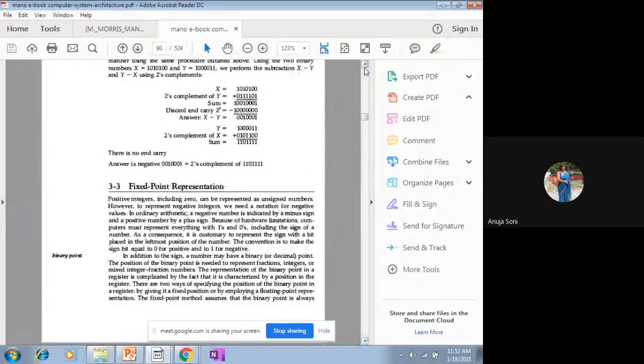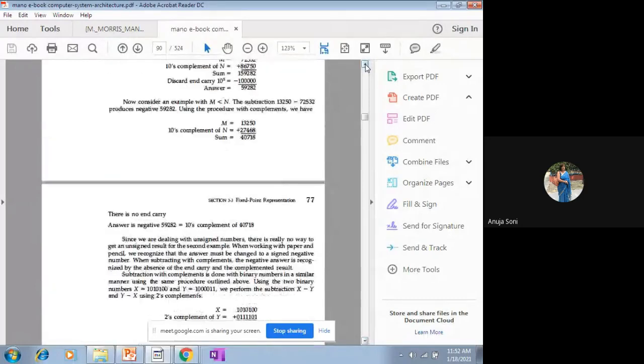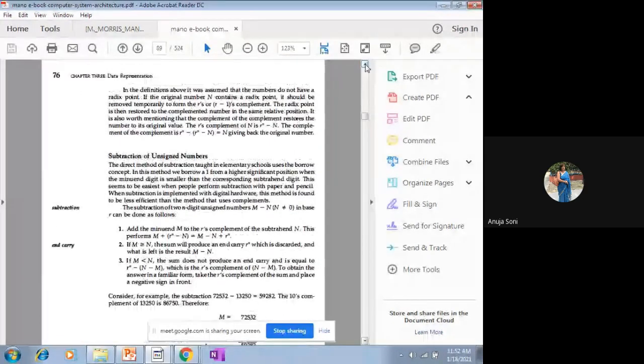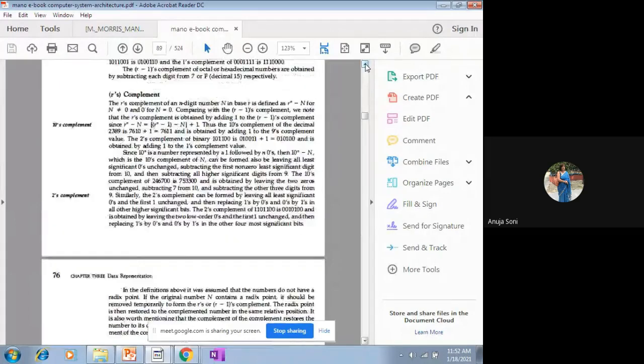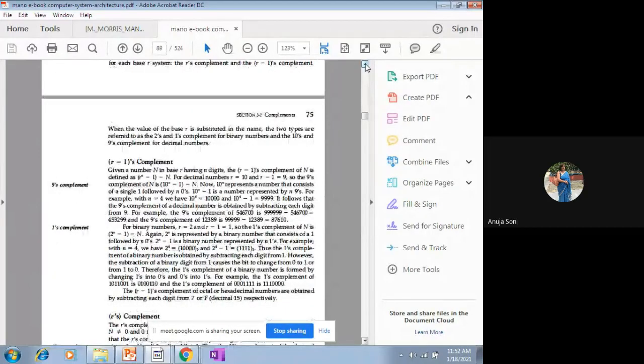Now, yesterday I placed the final guidelines. In that guidelines, you do have the practical list as well. In the practical list, you have one program where you have to write a Python program to find out 1's complement and 2's complement. Now start implementing the Python program over the concept that we have done just now, that is how to find out 1's complement. You will have to store a binary number either in a list or using any other mechanism, and you will go on inverting the digits in order to find out 1's complement.